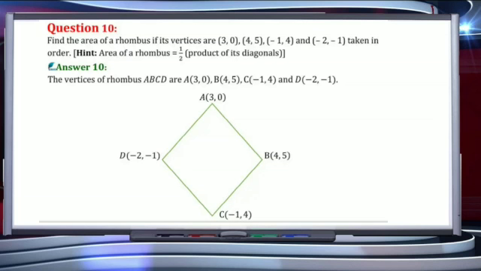So students, how are we going to proceed in this question? So here we will be finding the diagonals AC and BD by using the distance formula that we have studied in exercise 7.1. So students, I am leaving the rest of the part on you. So question number 10 is your homework. Do try this question at home.